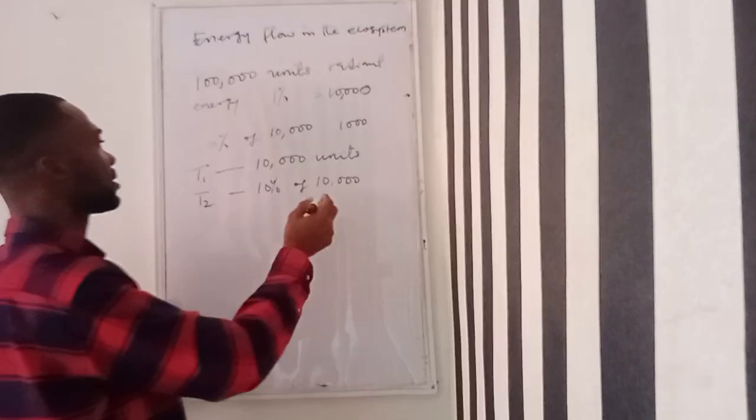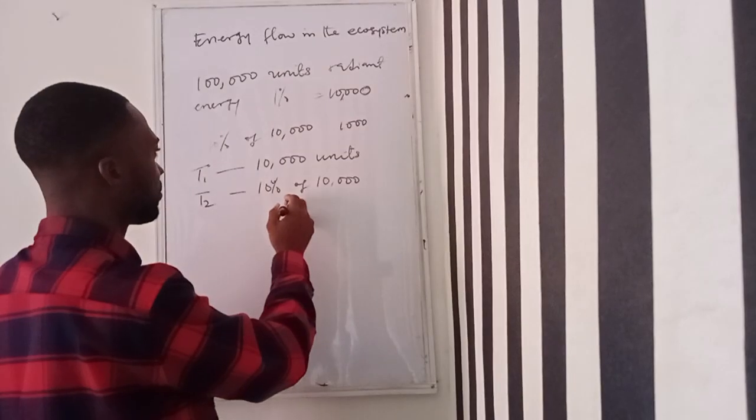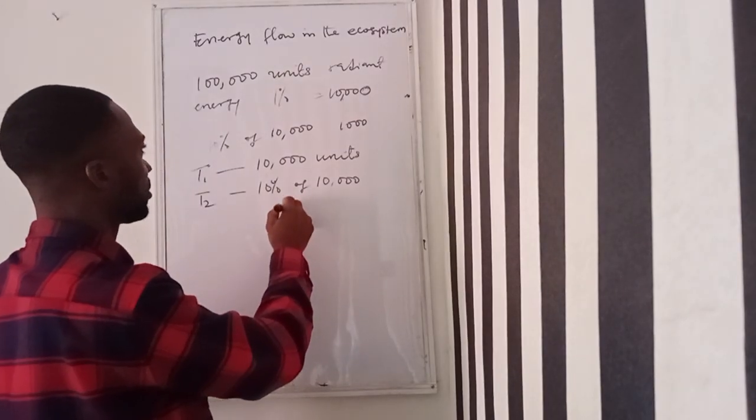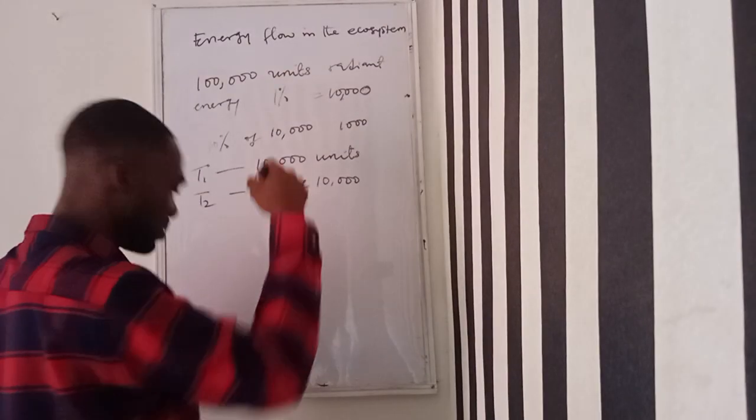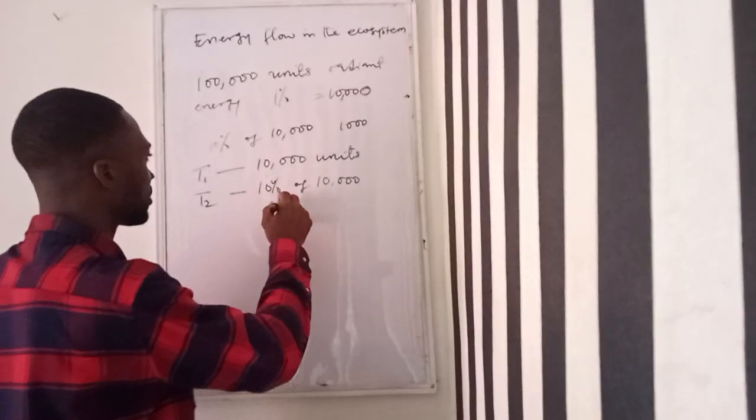So if we have this, that means that these people now got 1,000 units. That means the trophic level 2